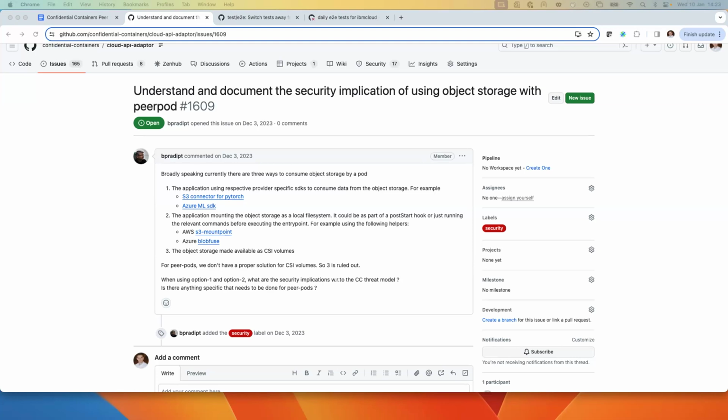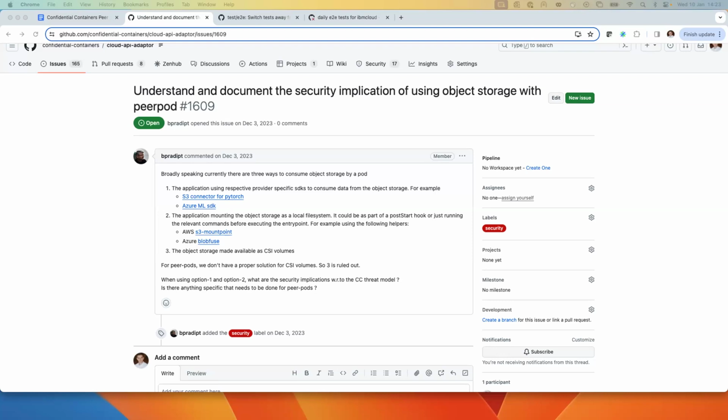Now the question is how it is made available. When workloads are already connecting to the object store and copying, that's fine, because that works as is. But there is also another aspect where the workload is not doing that directly. It is made available via a persistent store or a similar mechanism.